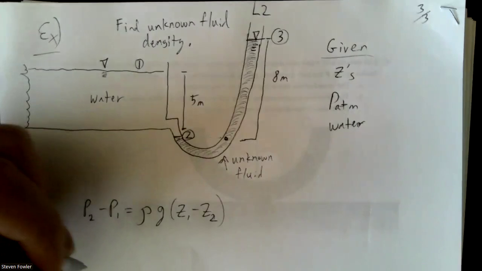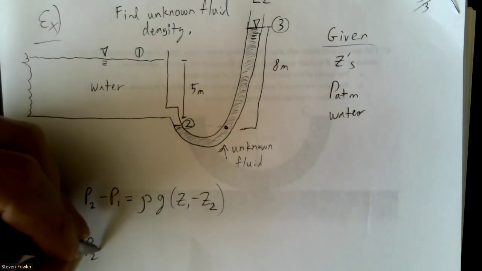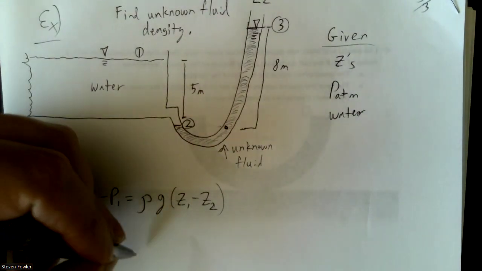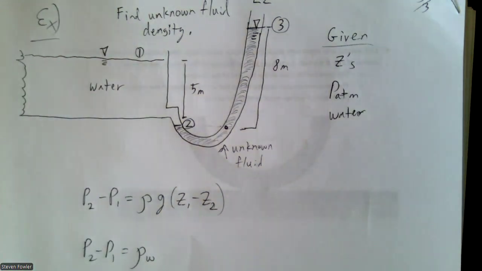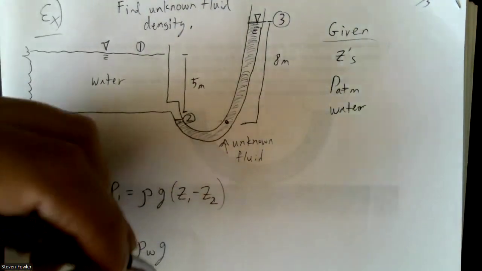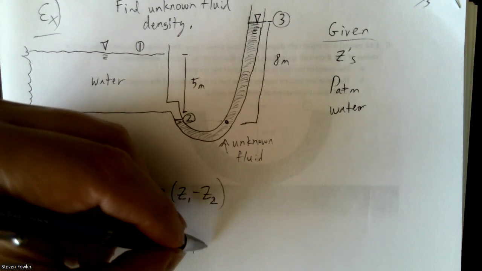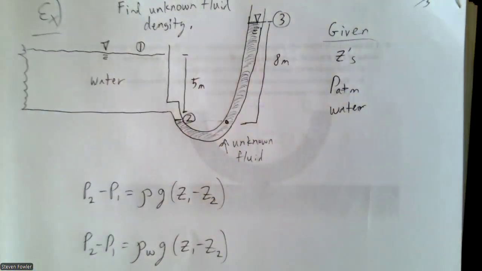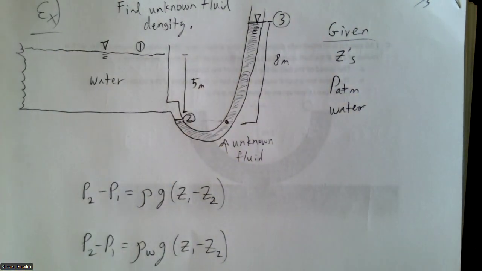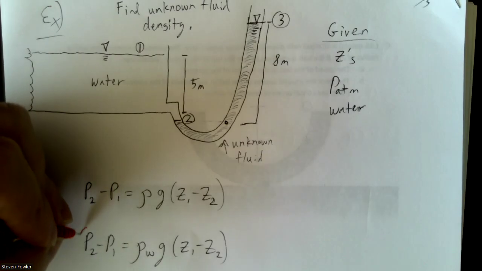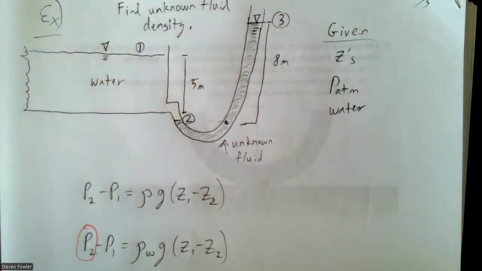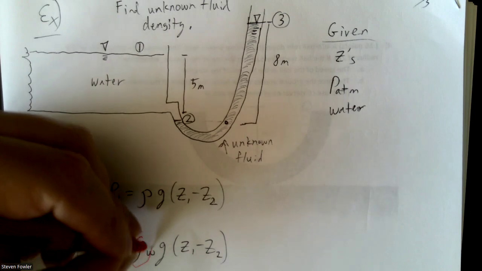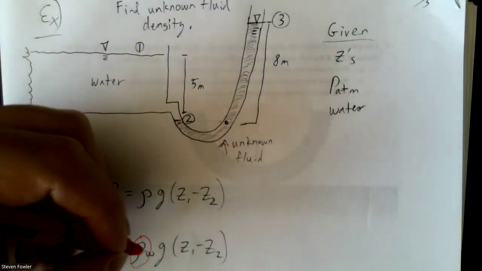So what I can do is I can say, well, you know what? Between points 1 and 2, I've got water. So I've got the density of water times gravity times Z1 minus Z2. So this is one equation, but notice, sometimes it's helpful to circle your unknowns. What have I got for unknowns here? I'm going to circle it in red. I don't know P2, and I don't know, I'm sorry, I do know,